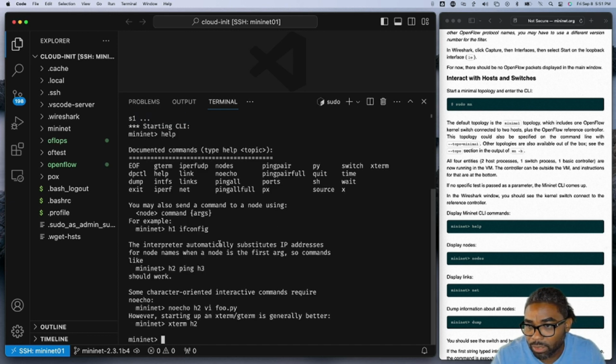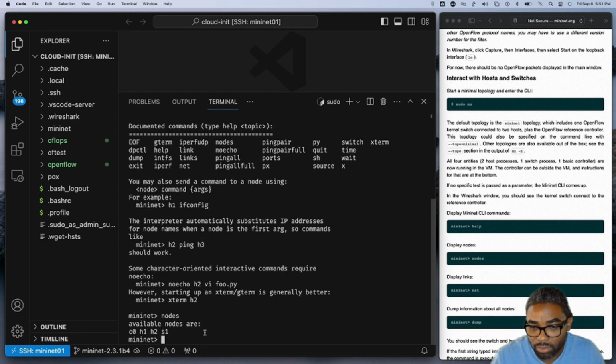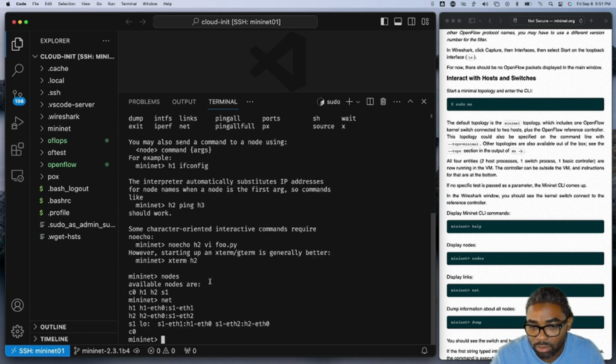These are some of the commands we can use, like pingall, nodes, switches, xterm. It's pretty sweet. All right, so let's type in nodes. See what comes up. So it gives us all the nodes: controller, H1, H2, and S1. Okay. We do net, it displays the links. So all the links, it says H1 eth0 is connected to eth1 on switch 1, and host 2